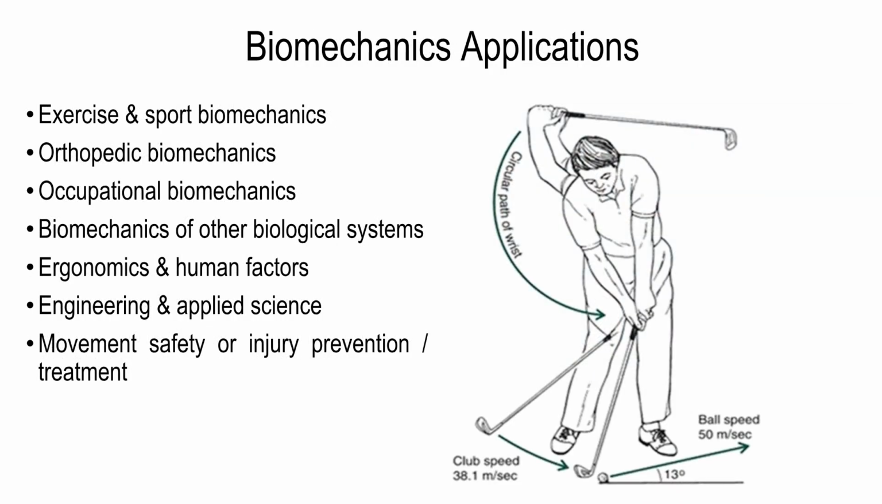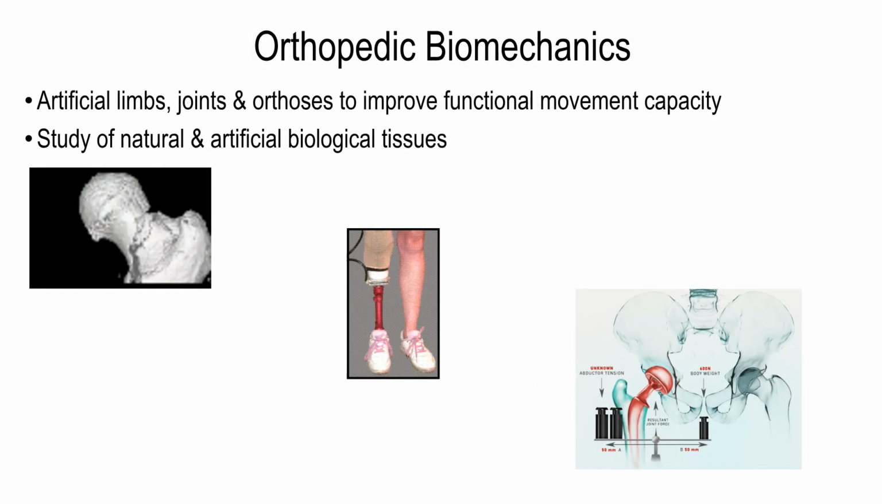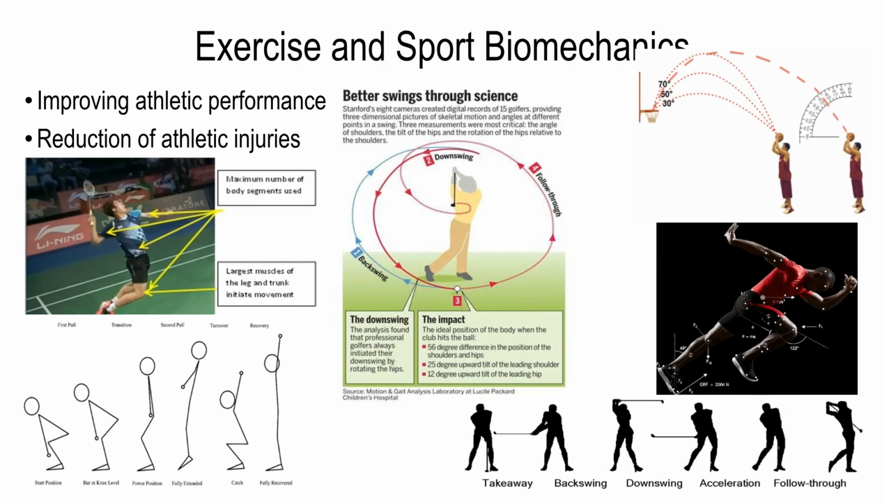Applications of biomechanics include exercise and sport, orthopedics, occupational settings, ergonomics, and engineering, focusing on injury prevention and movement safety. Orthopedic biomechanics focuses on artificial limbs, joints, and orthoses to improve functional movement capacity and studies natural and artificial biological tissues. Exercise and sport biomechanics improves athletic performance and reduces injuries by analyzing movement mechanics, such as a golfer's swing